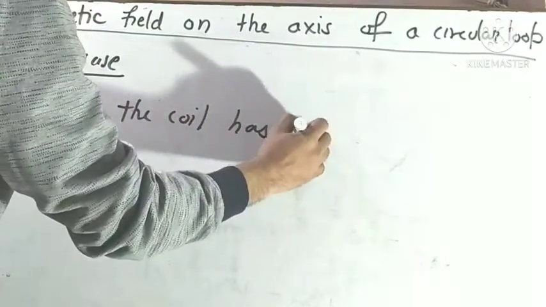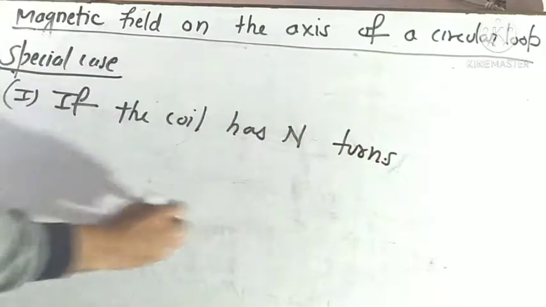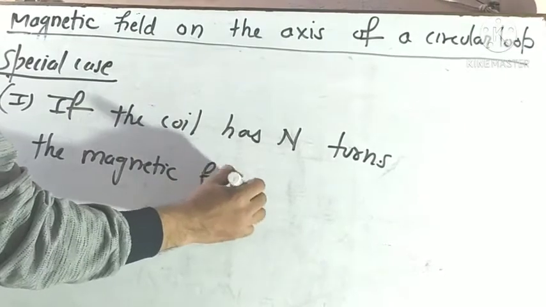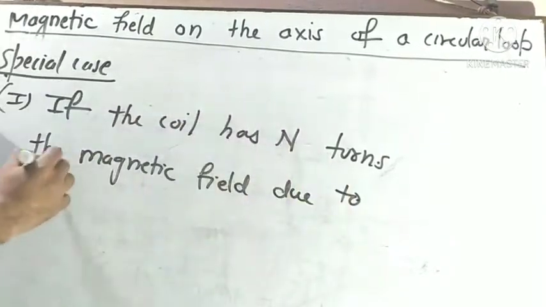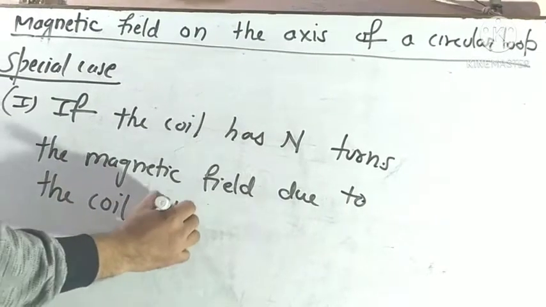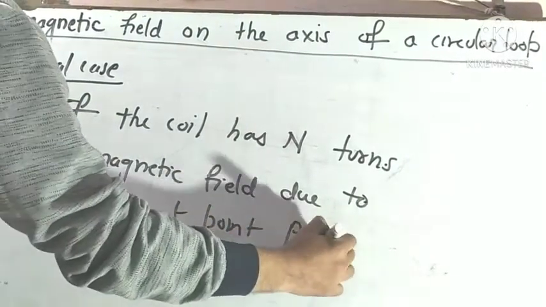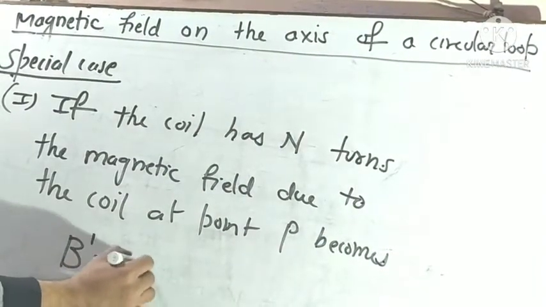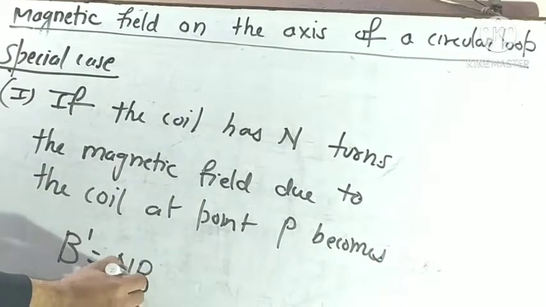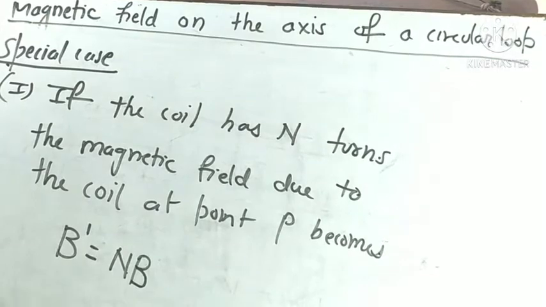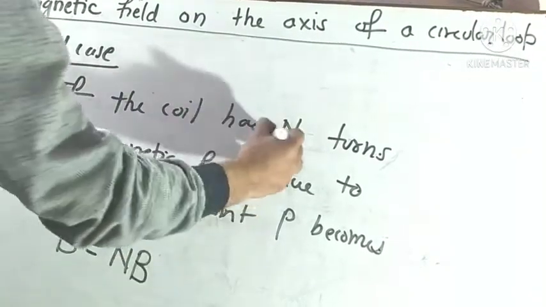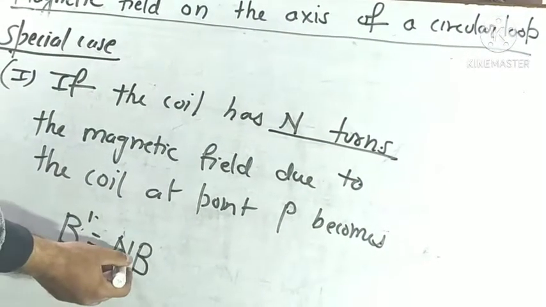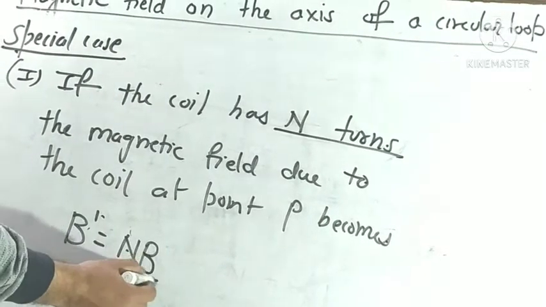has a capital N number of turns, then the magnetic field due to the coil at point P becomes B dash equal to N times B. We multiply N, the number of turns, into the magnetic field at point P due to the coil. So the new magnetic field will be B dash equal to N into B. Now we put in the value of the magnetic field B,